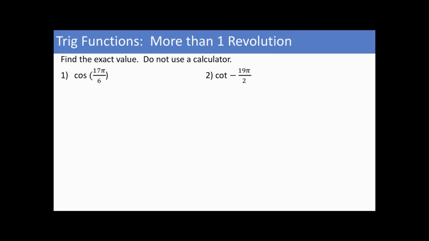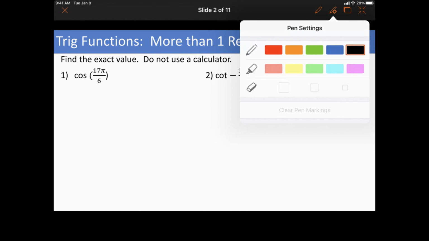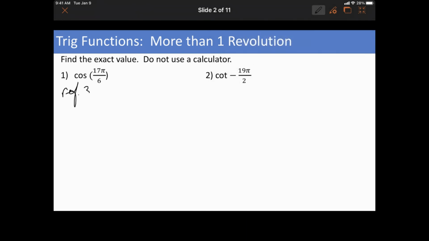Because of the denominator of 6, I know it's a reference angle of 30. But I need to figure out what quadrant it terminates in. So if I keep it in radians, just so we can practice, I know 2 pi, if I'm converting it to sixths, that would be 12 pi, right? 12 over 6 is 2. So that's one full rotation, so 17 pi over 6 minus 12 pi over 6 is